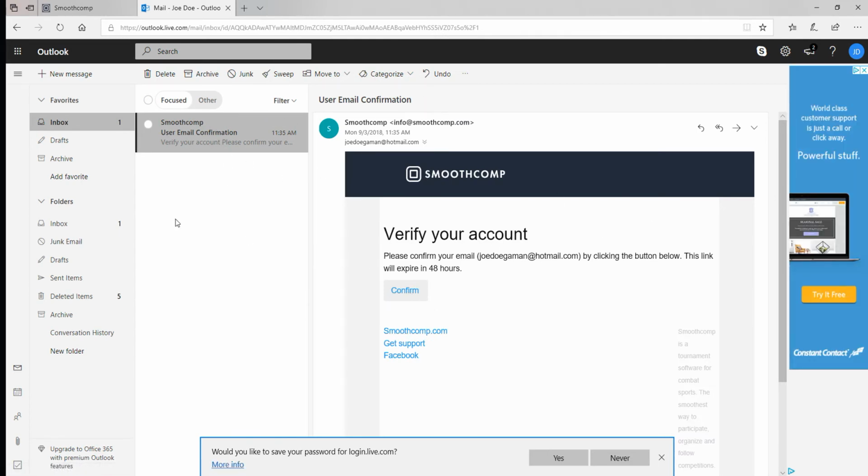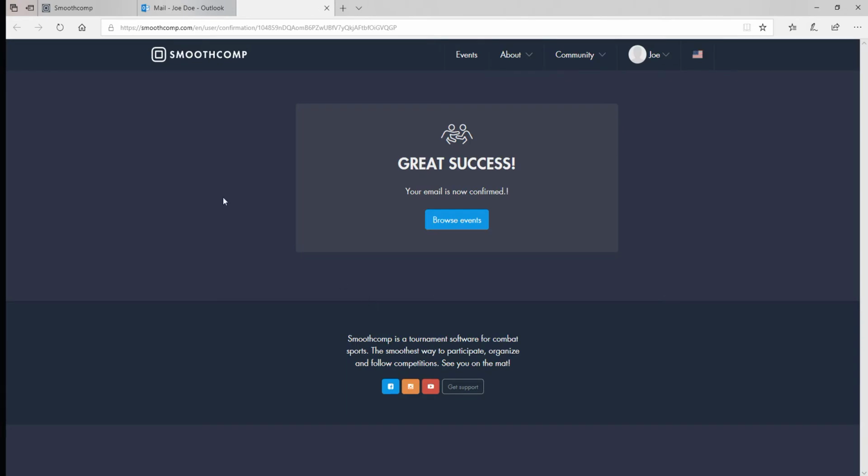I received this email here. Sometimes what I do is I go to junk mail to make sure that Hotmail didn't put the SmoothComp emails into the junk mail folder. So I'm gonna click and confirm, and it will take me back to SmoothComp. Here is my information already in the system. I'm already logged in. I could click in my account, or again I can go to community